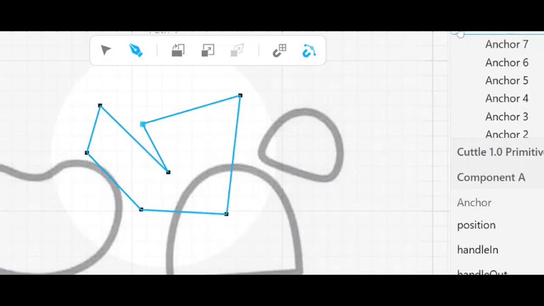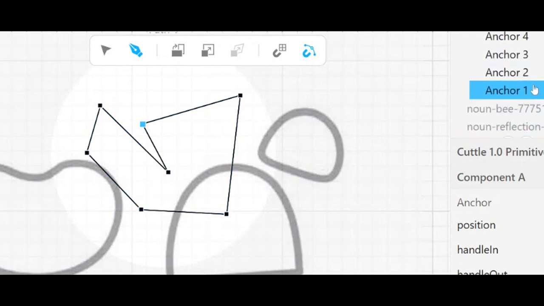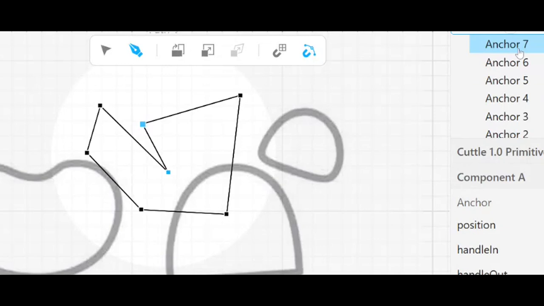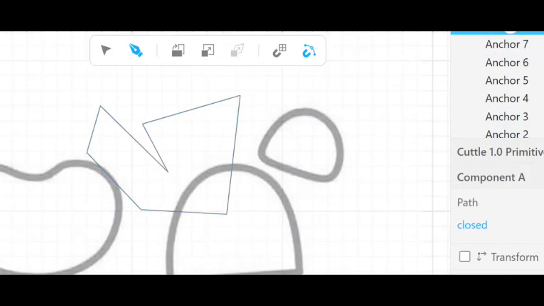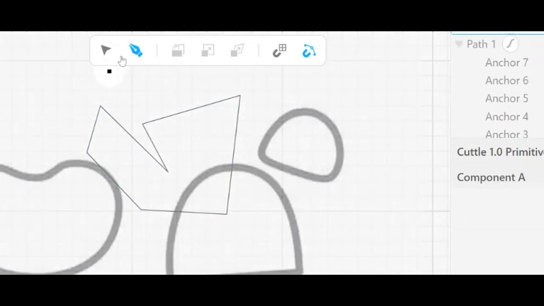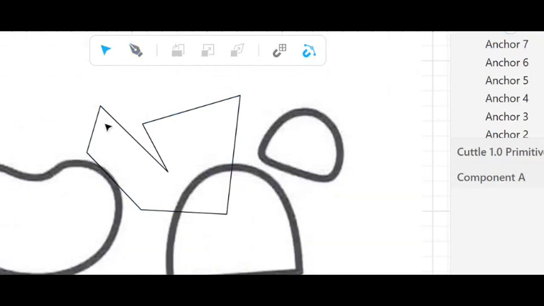So if you go back and look at this, those are the 7 points. It didn't create an 8th point when I went back to the original point. It just changed my path to be closed instead of open. If I uncheck this, it will remove that last line, but I want it closed. Okay, so that is not the shape I want to draw, but I am going to use the pen tool,